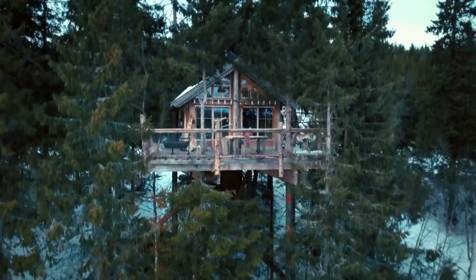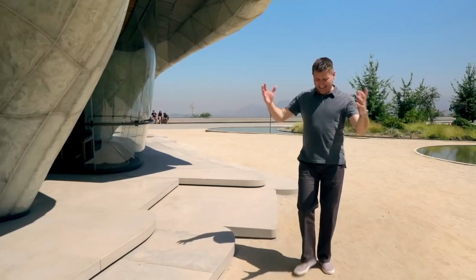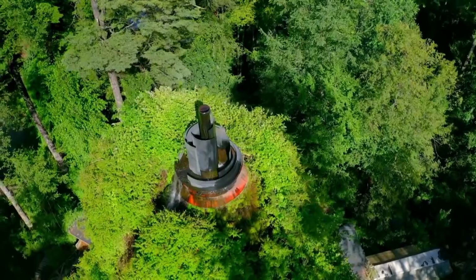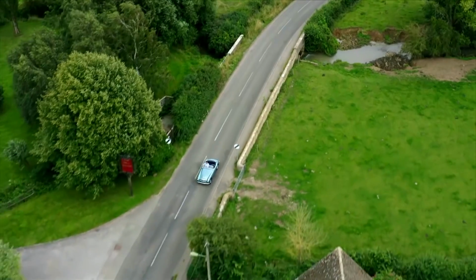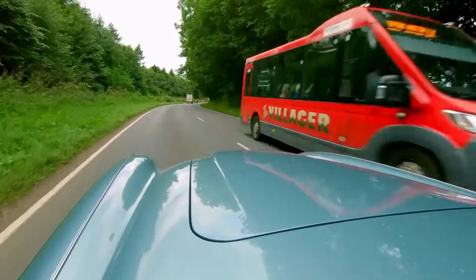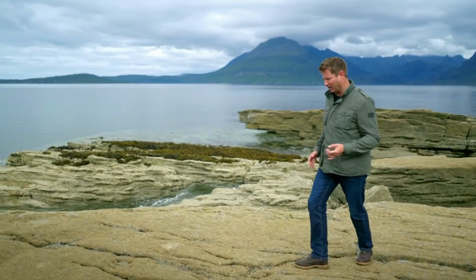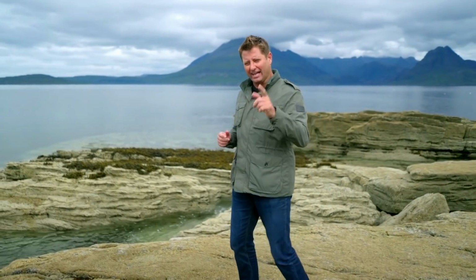Every year on Amazing Spaces, I've been lucky enough to travel far and wide. Oh my word. This is just ridiculously beautiful to see the incredible architecture that other countries have to offer. But in these strange times, we've been confined to our own shores more than ever. Fortunately, our country is home for many people from virtually every nationality on the planet. And that made me realise that you can go on a tour of the world without having to leave these